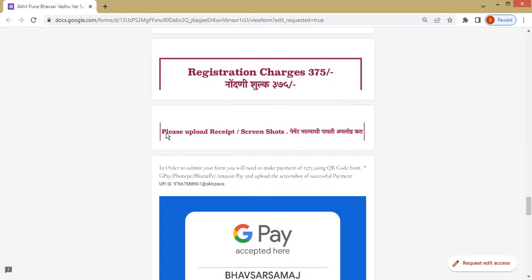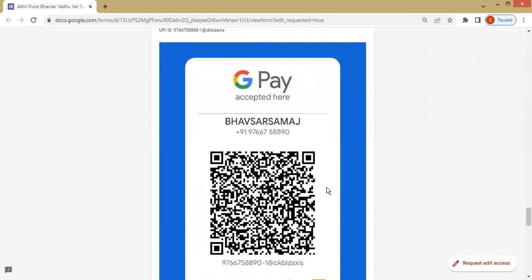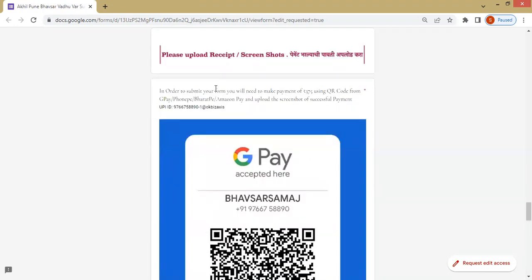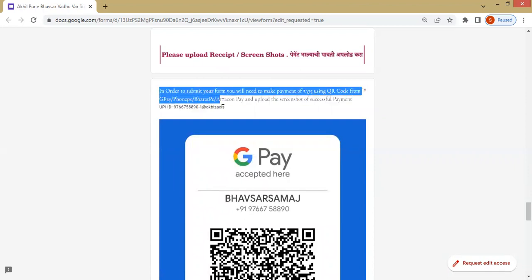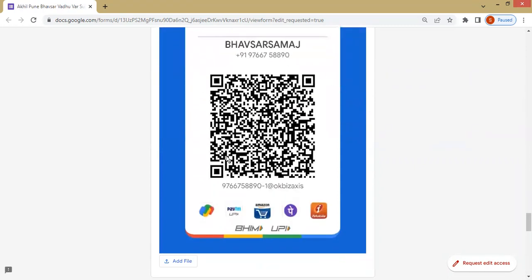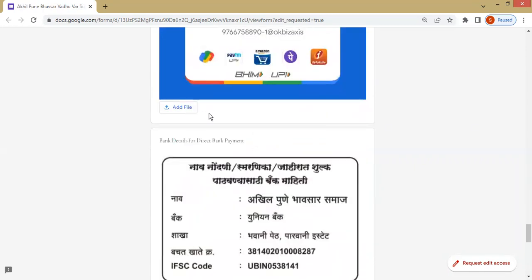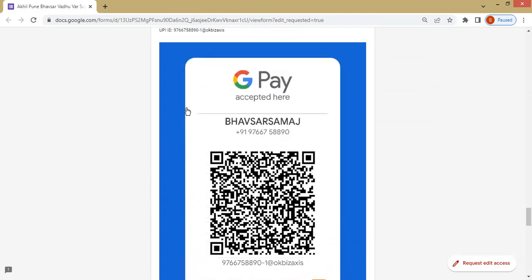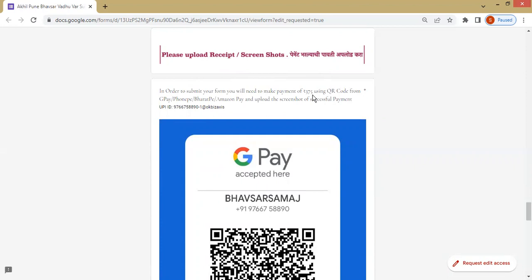And now you'll have to use this particular UPI link for Bhavsar Samaj. This particular link is being provided to you, and this is a code being given to you. Now, in order to submit your form, you will need to make payment of rupees 375 using the QR code from Google Pay, PhonePe, Bharat Pay, Amazon Pay, and then after paying the amount, you have to upload the screenshot of the payment